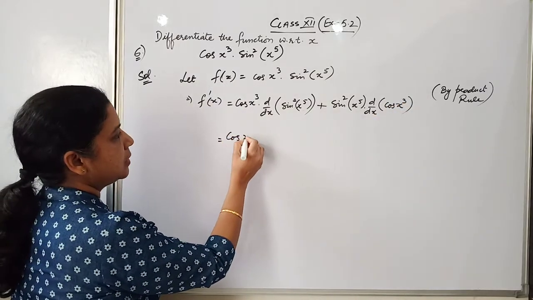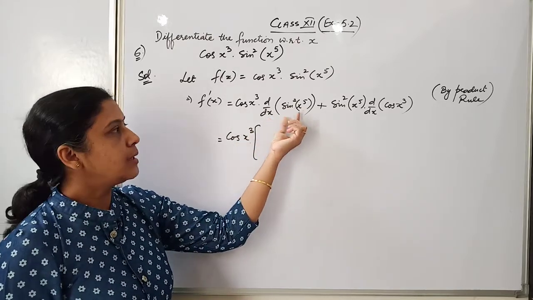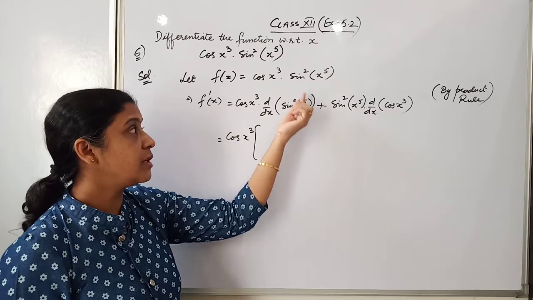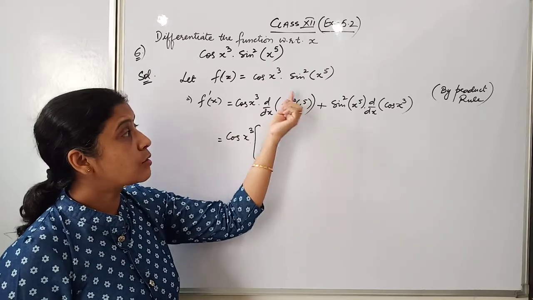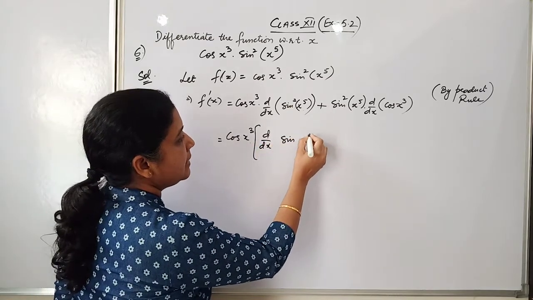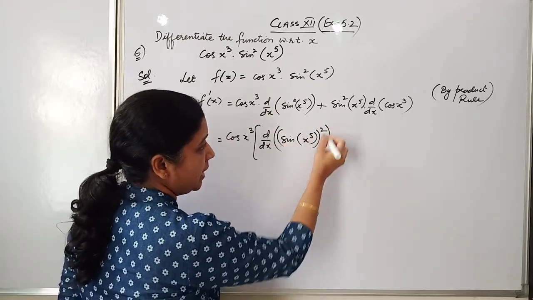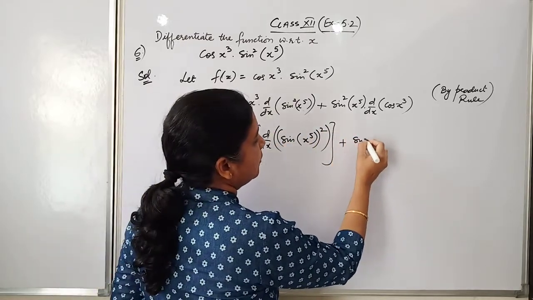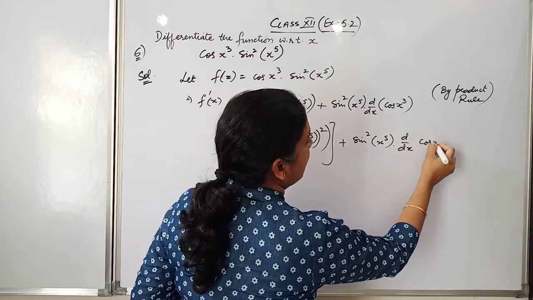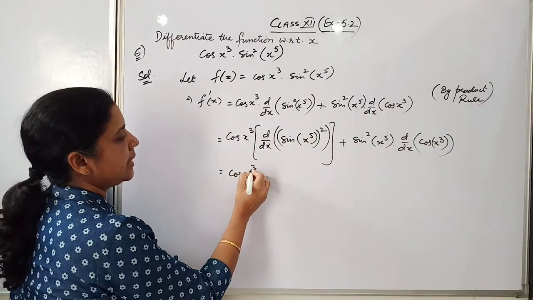Let's simplify further. Now, derivative of this whole function. You can see x raised to power 5 is a polynomial function on which sine has been applied, and sine square. Sine square means it is of the form sine x raised to power 5 whole square, and this derivative we are going to take. I am going to write this as such so that you can understand it better. I have written all the detailed steps. Let's understand this.